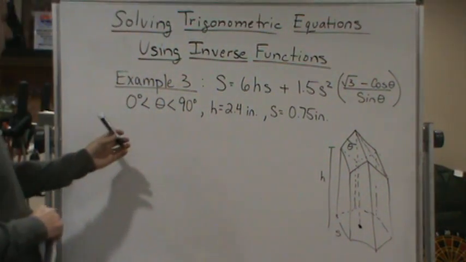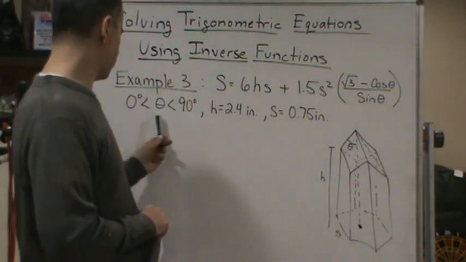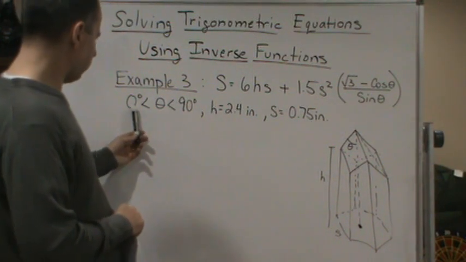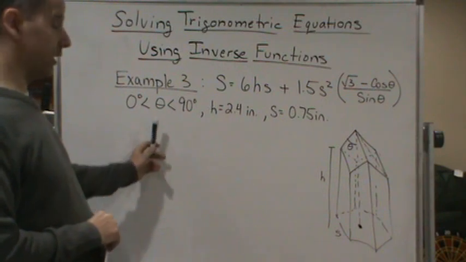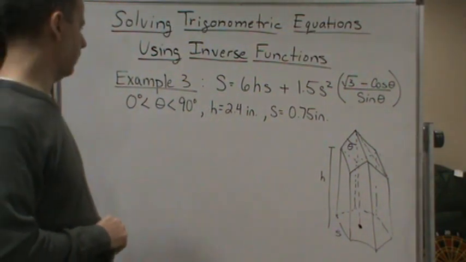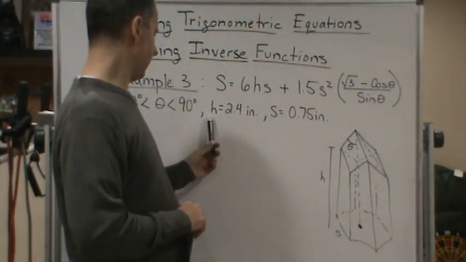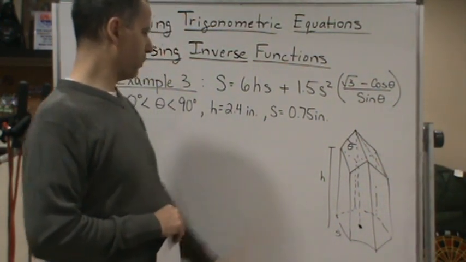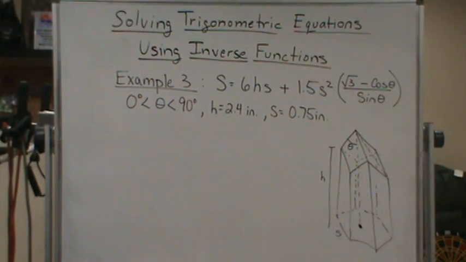So, here is the information given to us. The angle is going to be between 0 and 90 degrees, so it's in degrees, so make sure your calculator's in degree mode. Here's the height, and here's the length of the side of the honeycomb given, okay? So we want to find the theta value that gives the minimum surface area,